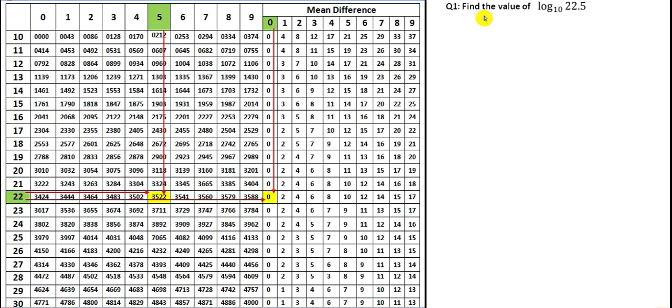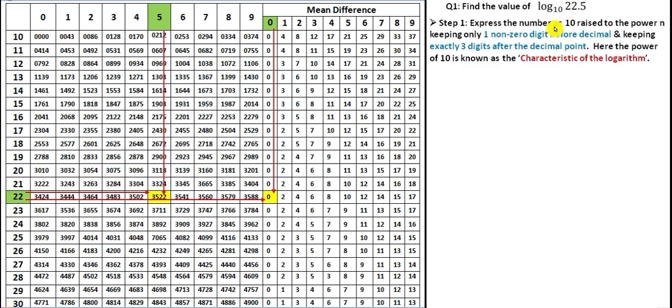Here it is asked to find the value of log base 10 of 22.5. Again let me tell you that from the logarithmic table you can only find the values which have a base of 10. For finding values with different bases, there is no direct method from the table, but you can find that easily by using a very small shortcut or formula, which I have explained at the end of this video. So watch it, and if you have any doubt, you can ask me in the comment section. Let us start. Find the value of log base 10 of 22.5.